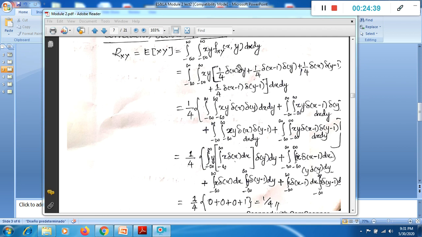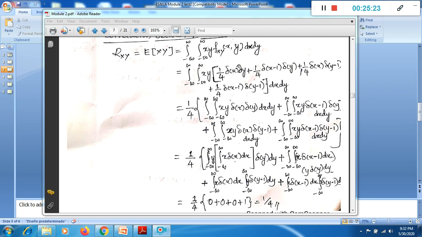Similarly we do it for this. Again, x and del of x minus 1 is written inside del x, and similarly x into del x dx is written, and another integration. Now the remaining term, that is y into del y dy, is also written. And similarly, here we are integrating, and the integration is written with respect to the respective variable. So when we do this, let's go for x into del x.